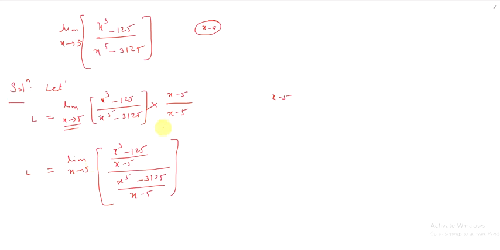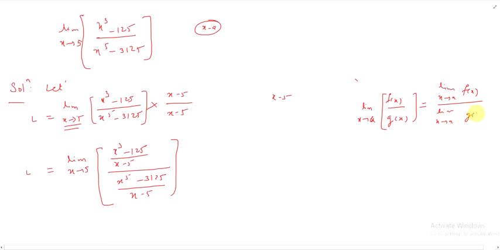Now here, if you remember, I have explained in algebra of limits: limit x tends to a of f of x upon g of x, if there are two functions, then we can take their separate limits, limit x tends to a of f of x upon limit x tends to a of g of x. So here we can take the separate limit of numerator and denominator. So to solve this one,